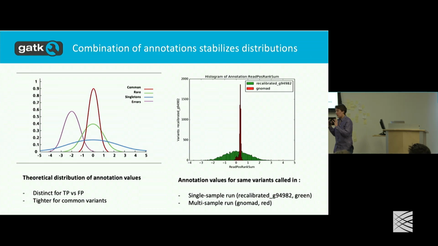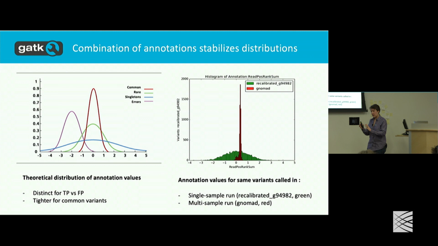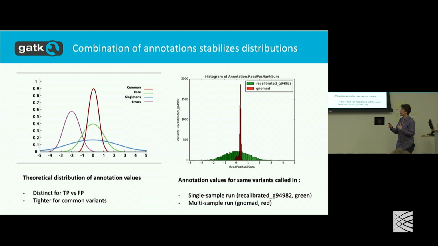Now, part of what the tool does, in addition to calculating that qual score, is also adding a number of annotations. Some of the annotations are added by HaplotypeCaller in the original variant calling. Some of them are recalculated and output in the final VCF. And these annotations, and you'll hear a lot more about them this afternoon, are going to help us do that